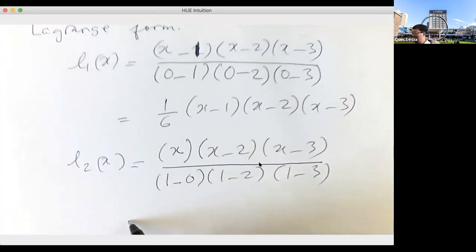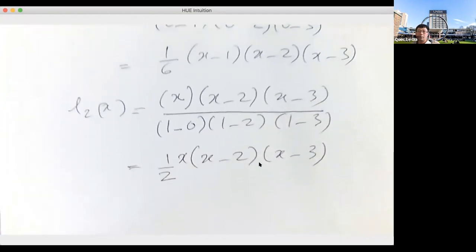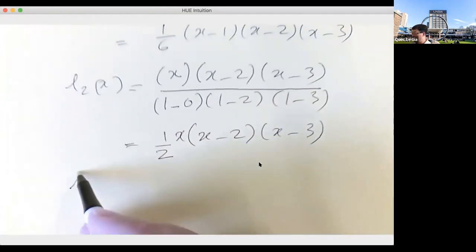Yeah, and you simplify this, you got, so 1 here, it's 1 minus 1, and this one is minus 2, so you got 1/2. Okay, then x minus 2, x minus 3. Yeah, so this is your L2, and then your L3